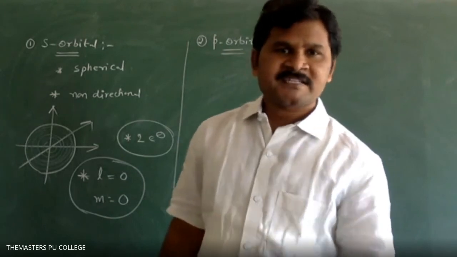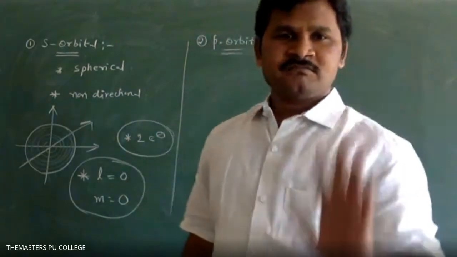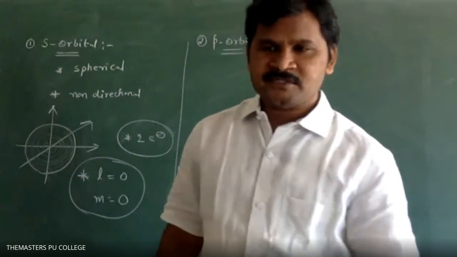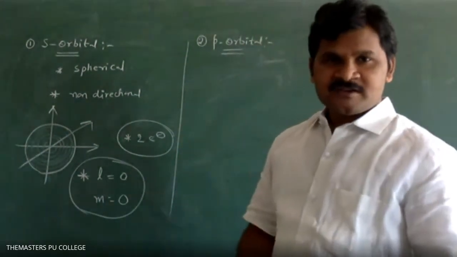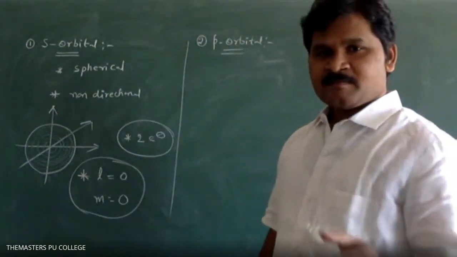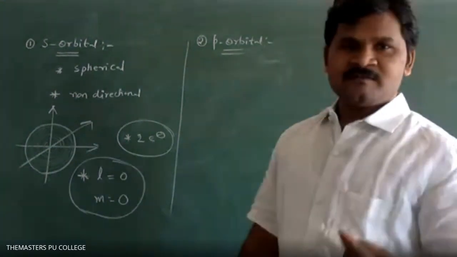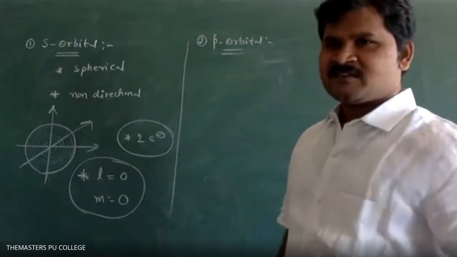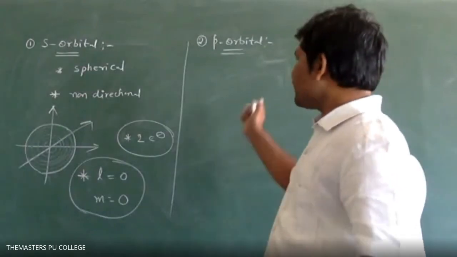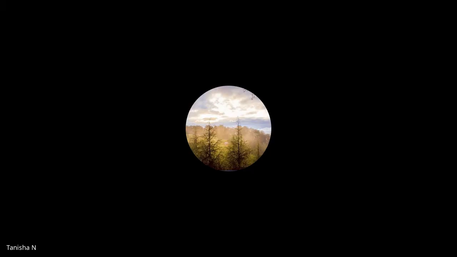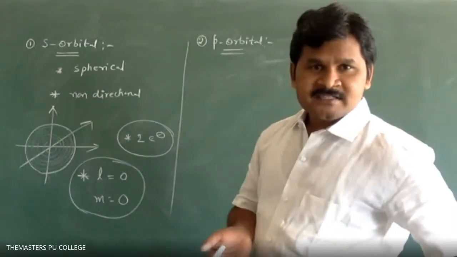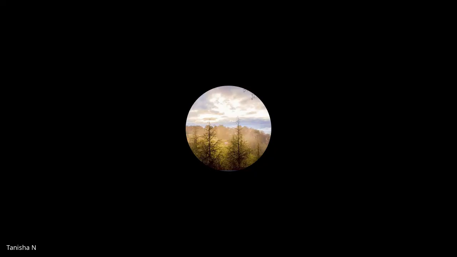How many nodal planes in an s orbital? Zero. Zero nodal planes. How to discuss that in the next class. But just remember some information about it. Nodal plane is 0, then the electrons are very close to each other. S orbitals are very close to the nucleus. So they will repel each other and so the atom will collapse, no sir.